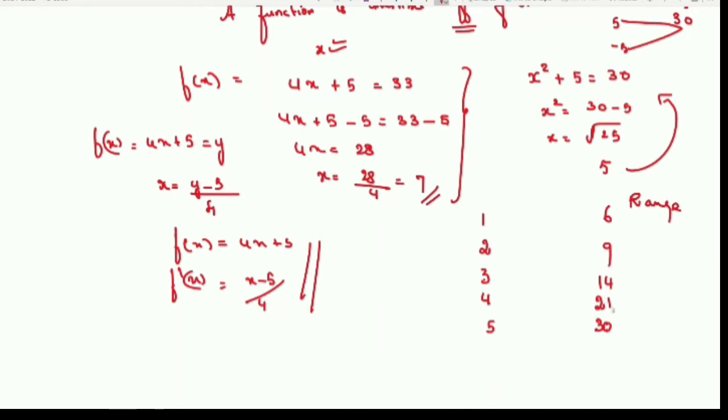This is the range we have to get, because the domain is this. This is the domain I have given, so this is the range I should get. Suppose she tells me the output is 42. Can you find the original number? It's out of the range now. See, 30, this is the range. If she gives the answer 42, you cannot find the original number, because x square plus 5 is 42, so x square is 37. So we cannot find the original number.